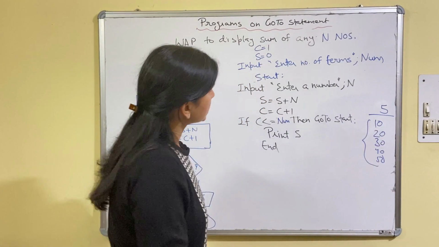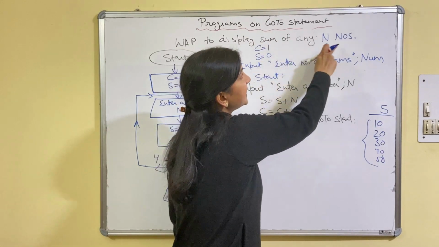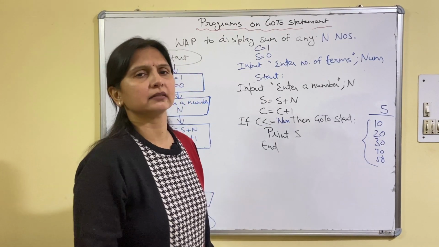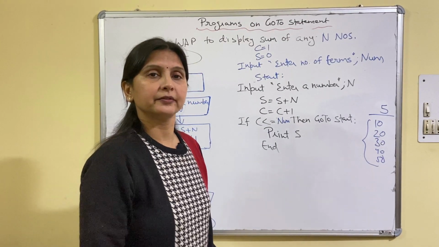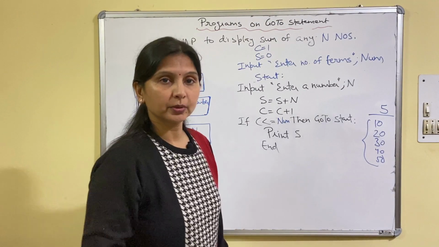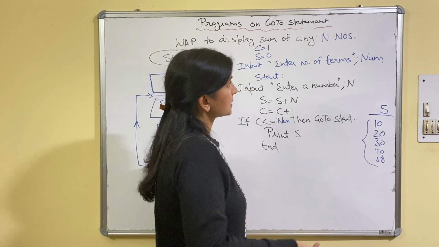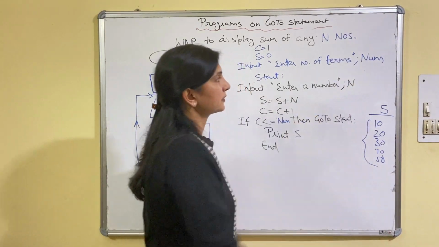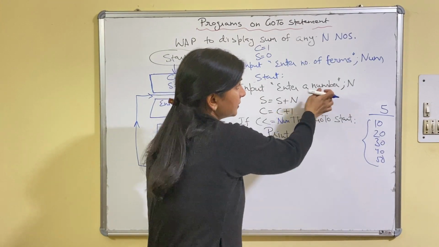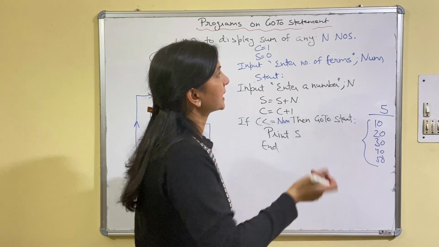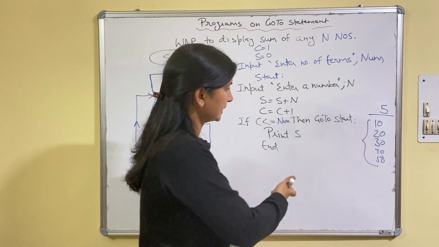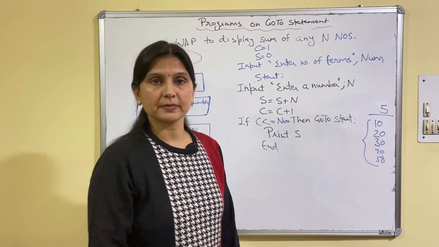Fine. So this is the program to display the sum of any n numbers. Not fixed 10. Any n. You can give n as 10, 15, or 5. Whenever you run the program, it will ask you enter number of terms. As per requirement or your choice, you can enter the number and then it will ask for the various numbers. If you give 5, it will ask for numbers 5 times. If you give 10, it will ask 10 times. Fine, and then add and then display. I hope these 3 programs are clear to you.